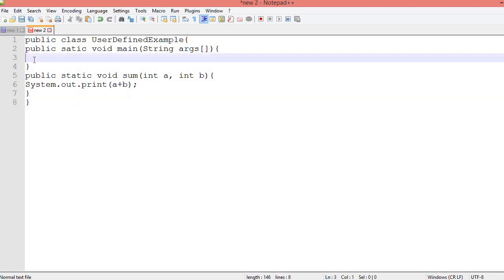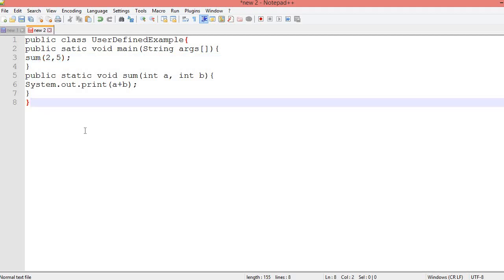I will call sum. Now we have two parameters inside the parameter list of the user defined method. What are int a and int b? So I will pass the values from here. I will pass 2 and 5.